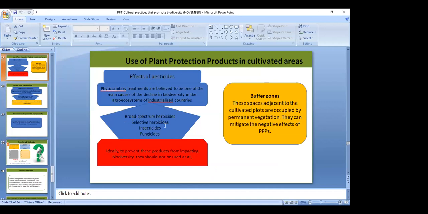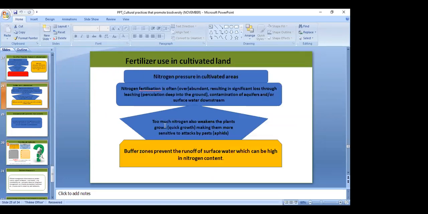And we say that ideally, to prevent these products from impacting biodiversity, they should not be used at all. We mentioned that the use of plant protection products is not encouraged, particularly when they are chemical oriented. We do not encourage it because they have a way of impairing the global gain when it comes to biodiversity. They always lead to biodiversity loss on our farm because they alter the